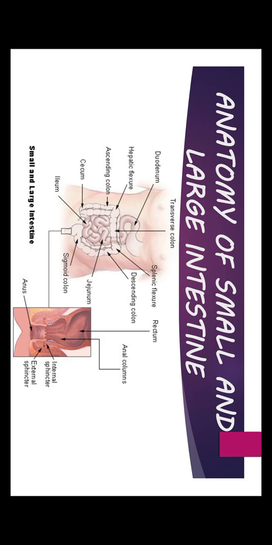The major events of digestion and absorption occur in a long tube called the small intestine. Average diameter of the small intestine is 2.5 centimeter and length is 3 to 5 meter in a living person. The small intestine is divided into three regions. First is duodenum, the first part of the small intestine. Second one is jejunum, the second part. Third one is ileum, the third and last part of the small intestine.